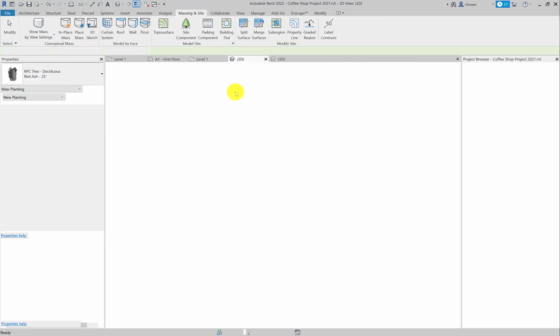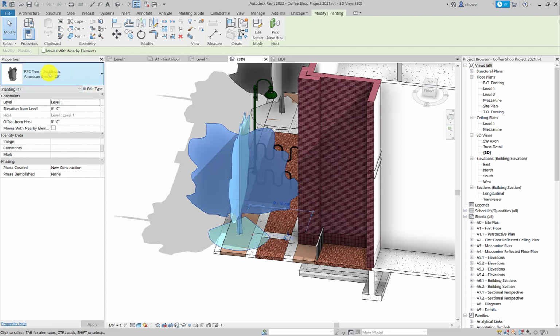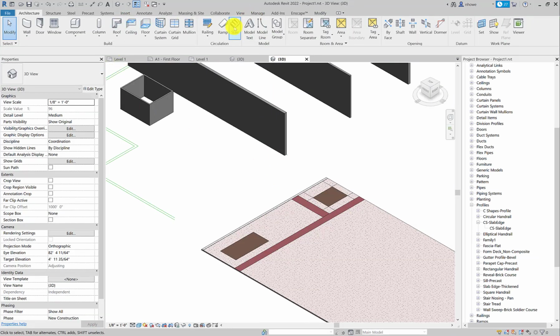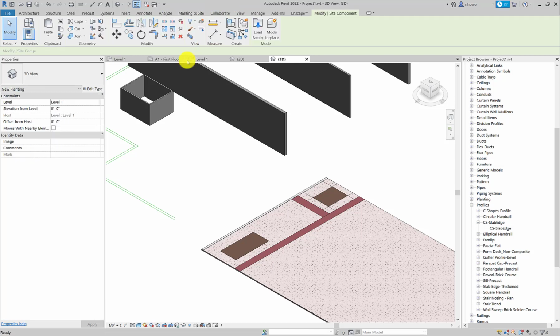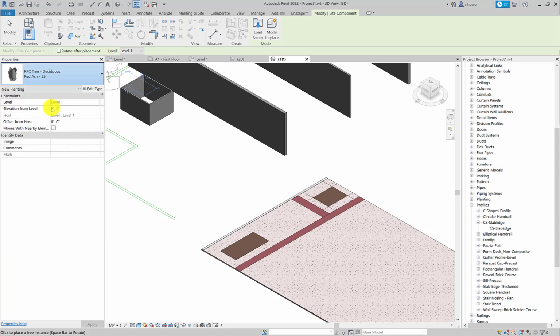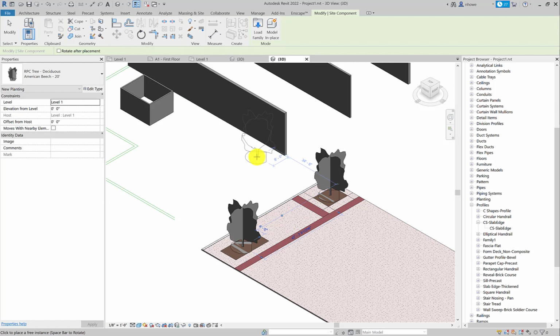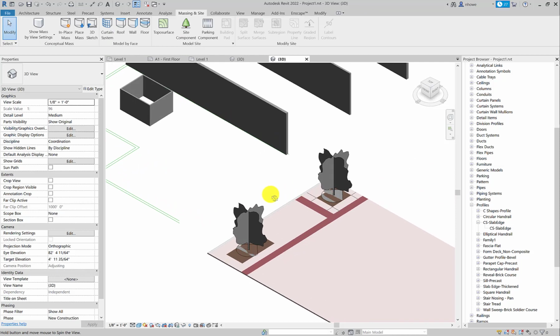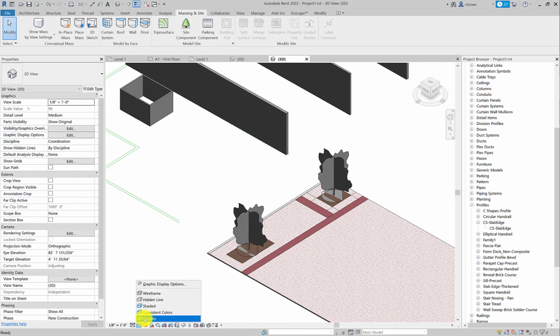Let's see, these that I'm placing in here, I'll select them. It looks like I'm going deciduous, American beech, 20 feet. Okay. So let's just go ahead and replicate that. We'll go under, again, massing the site component. Go ahead and look at that beech tree. American beech 20, and it's really simple. You just kind of plop them down. It's all good, and they don't look great in any kind of view that you have until you get to